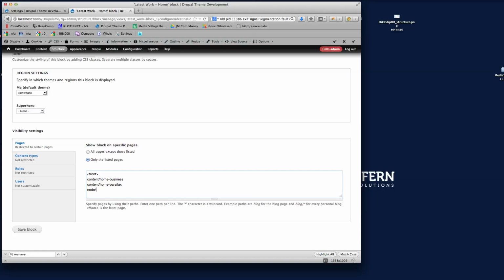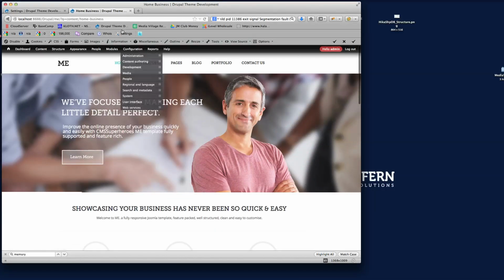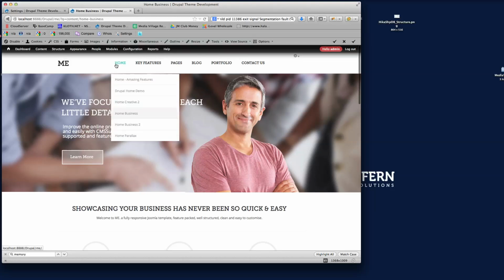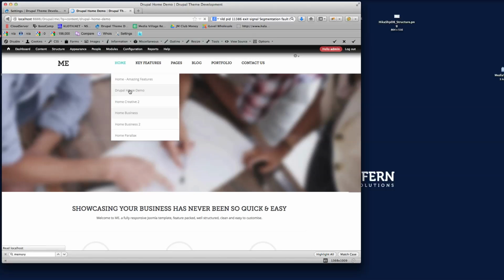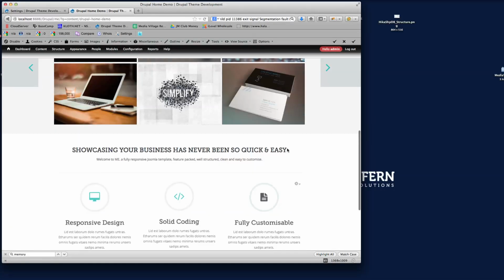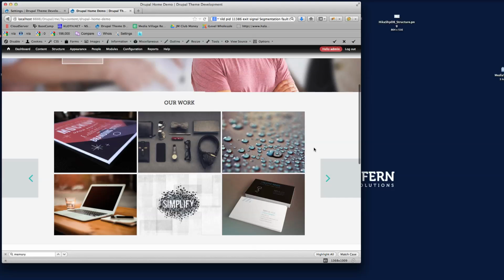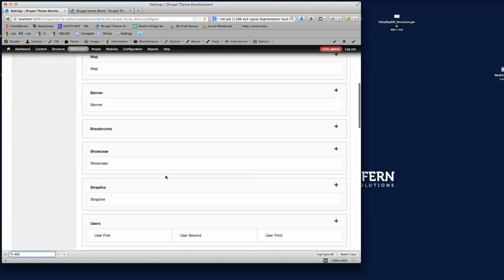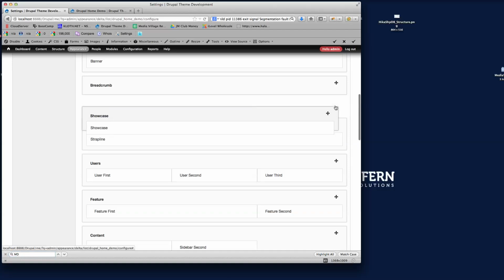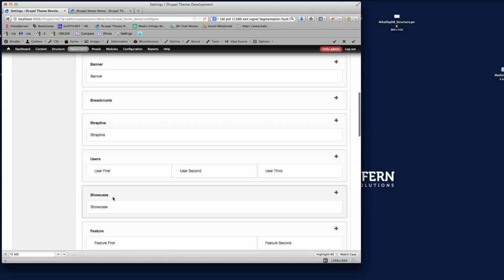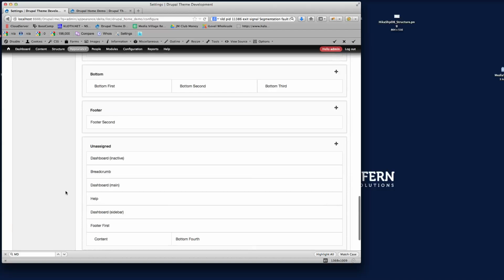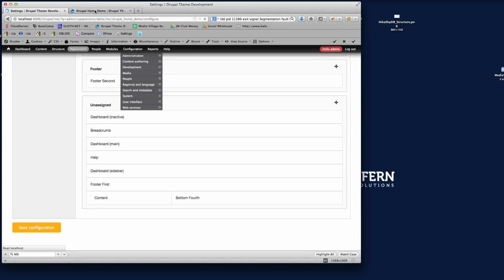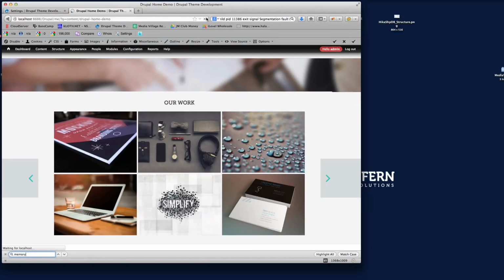So if we go node 95, save this block, and then back to our Drupal home demo, and we can see there that our work is in the wrong position because I dragged that up earlier. So I'm going to go back here, showcase, so we need showcase to be underneath the user first, second and third. So if I now save that, and then we refresh the page again,